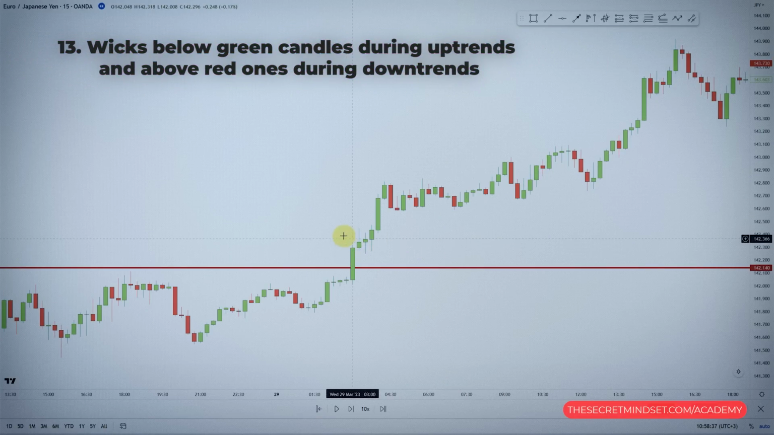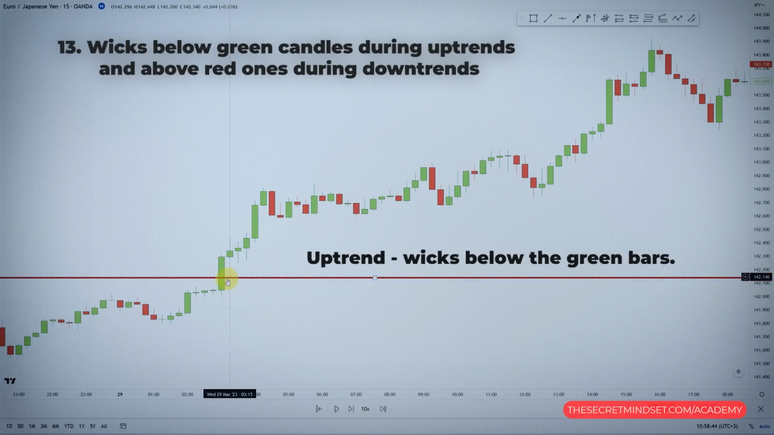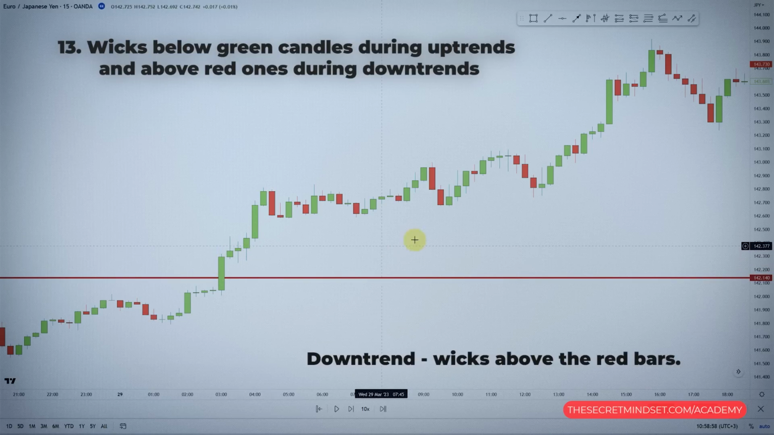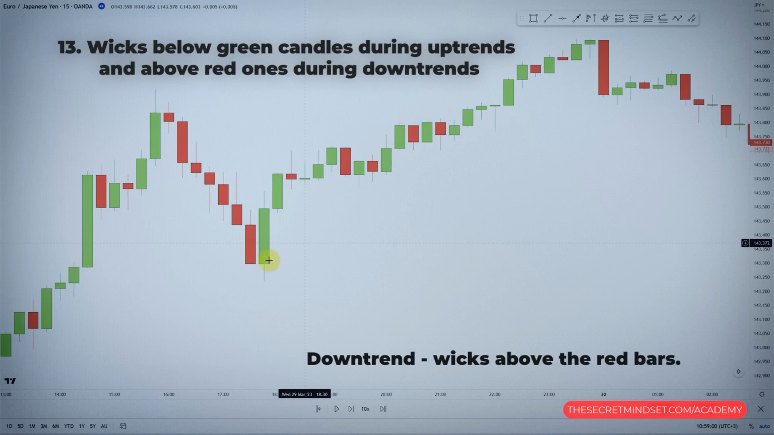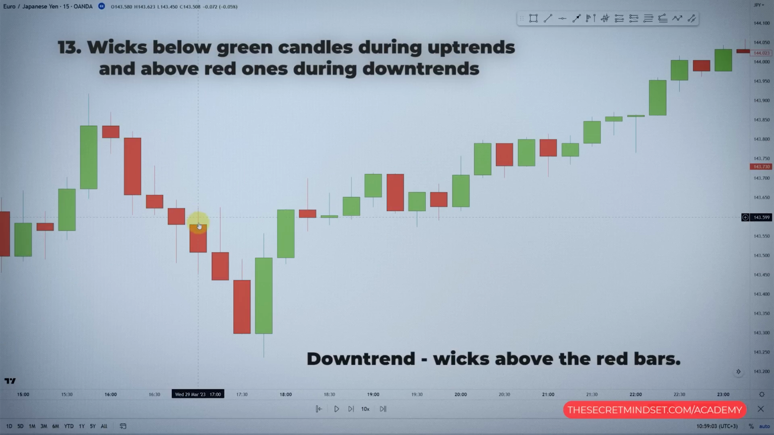13. Wicks below green candles during uptrends and above red ones during downtrends. So in a strong uptrend, you will also see a lot of wicks below the green bars. This represents a good signal that the buyers are in control of the market and are trying to push the prices upwards. You will also see a lot of wicks above the red bars in a strong downtrend. This shows that the sellers are in control and are successfully pushing the prices downward despite the initial reaction